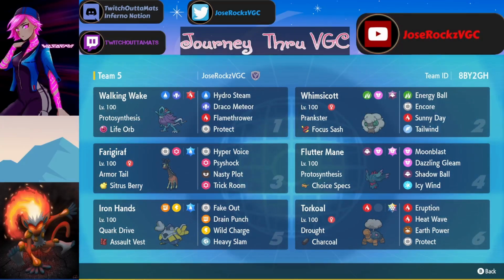And Whimsicott can't really deal with it quickly enough. Next we have Iron Hands, pretty standard Iron Hands set with Drain Punch, Wild Charge, Heavy Slam. The only difference is instead of a Grass Tera, we're going back to the Water Tera or a Fire Tera, right? So Water Tera is really good on Iron Hands to help you play under Trick Room matchups, reduce the damage from Urshifu, and a lot of things that like to hit Iron Hands for super effective damage. Water makes it neutral, and hitting Iron Hands for neutral